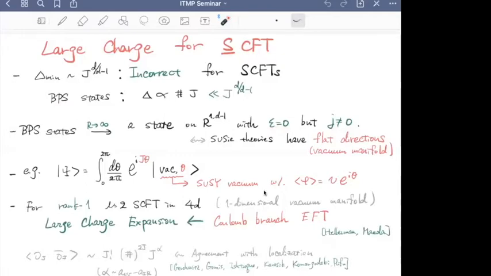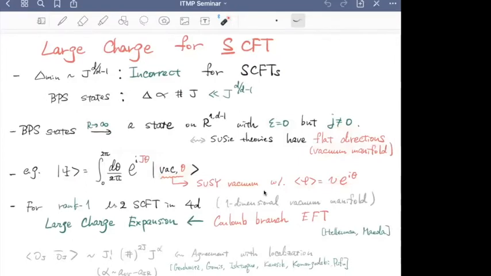However, in supersymmetric theory, we often have some flat direction, or a vacuum manifold. So there is a family of vacua. By taking into account those flat directions, you can actually construct a state whose energy is exactly 0, but the charge density is non-zero. For instance, one way to construct such a state is as follows. Here I'm considering a vacuum state whose expectation value of a complex scalar field, which is charged under the U(1),